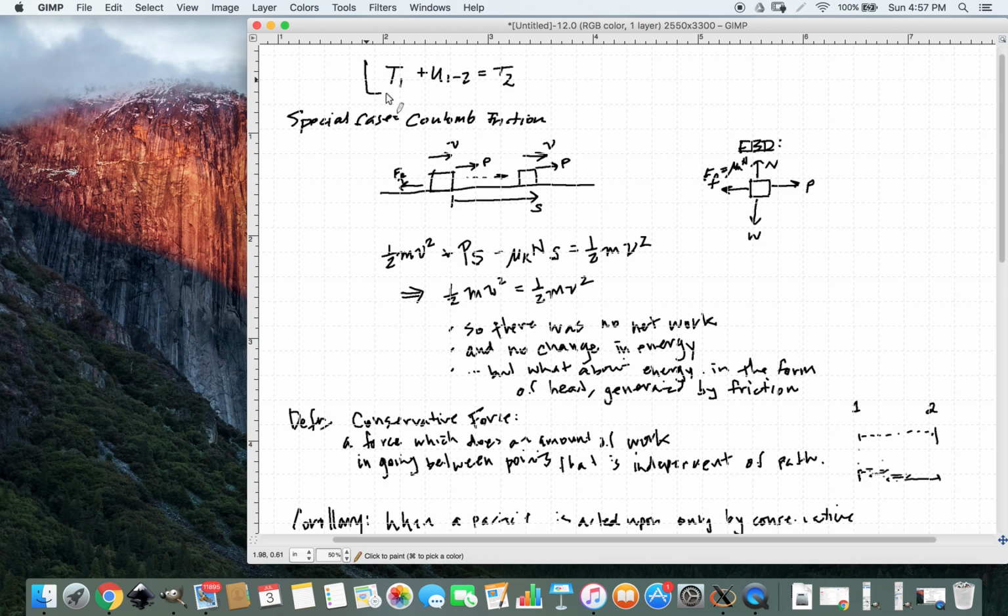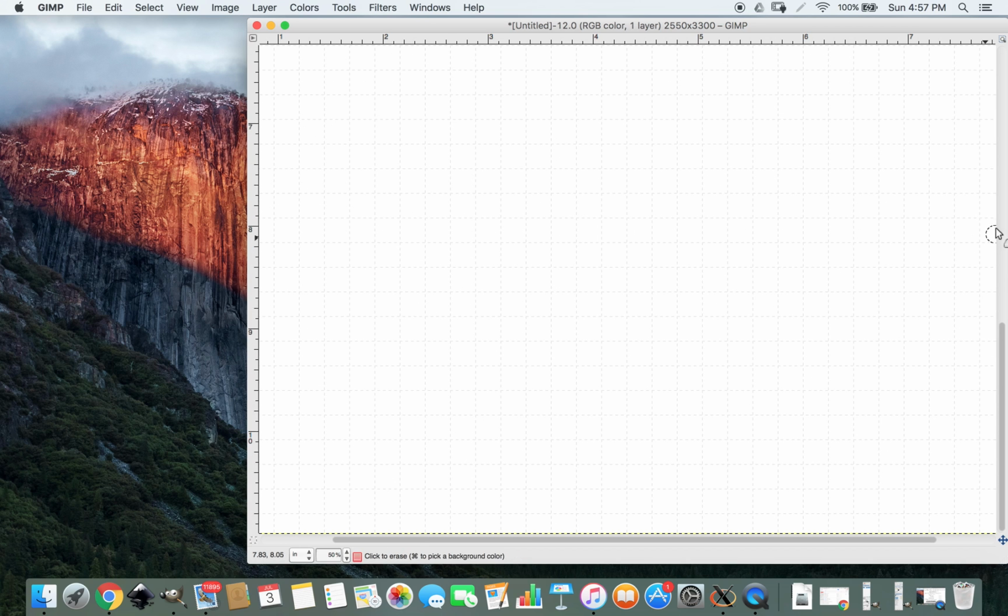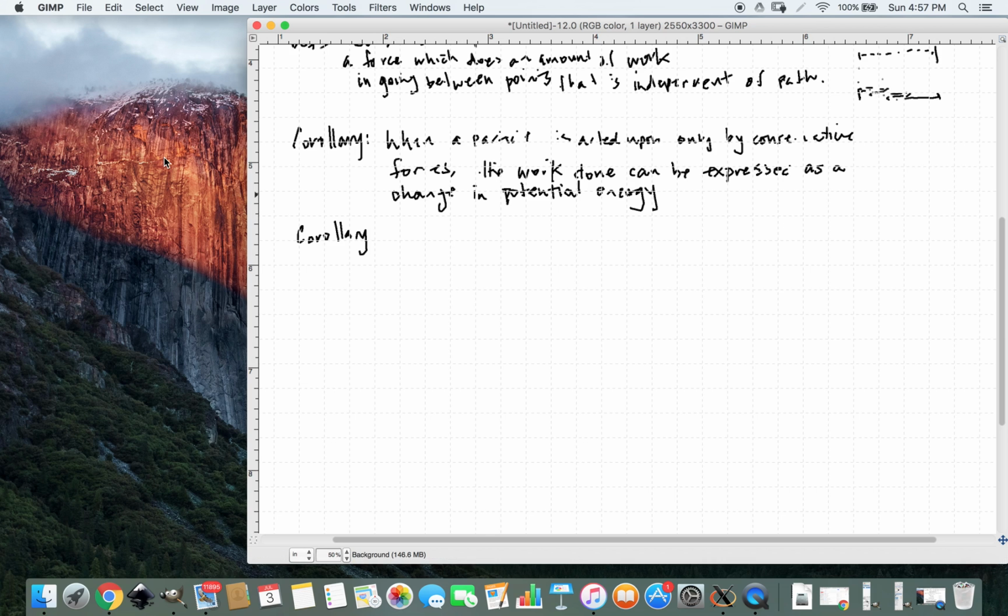Let's call this equation 1. So equation 1 can be reinterpreted as